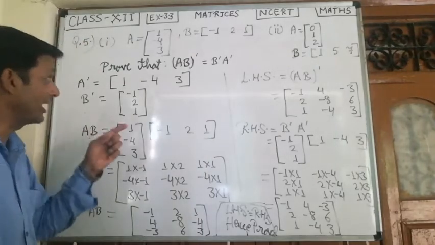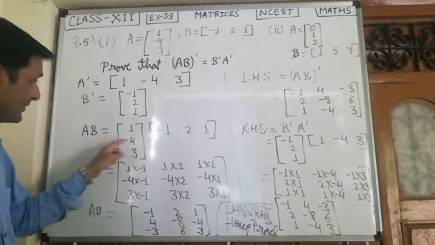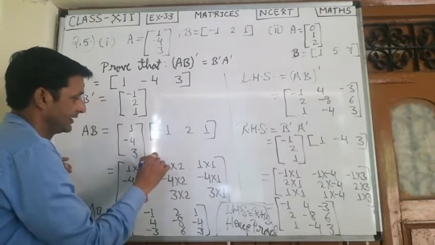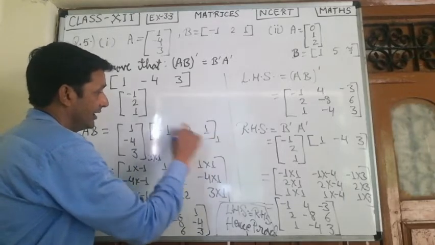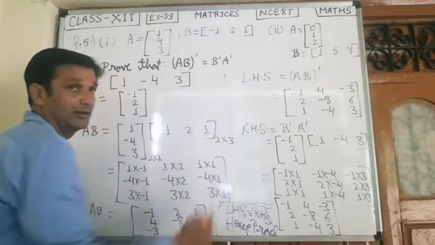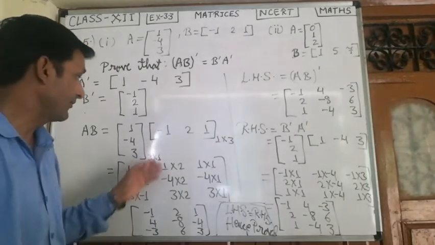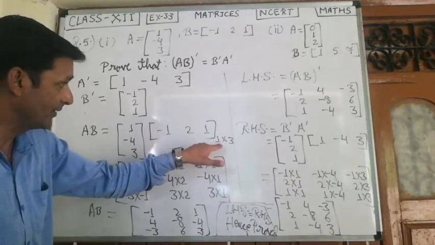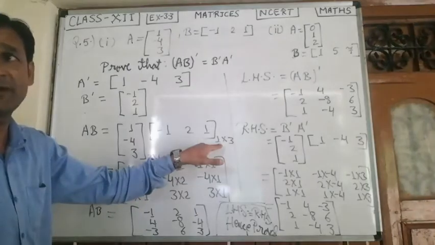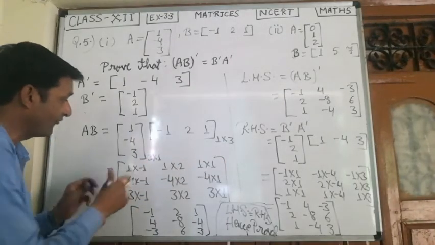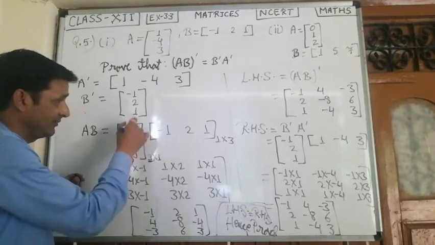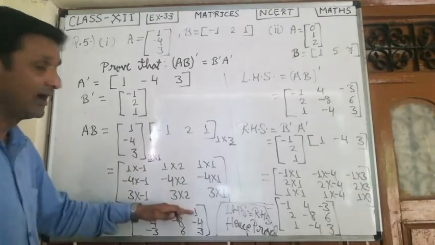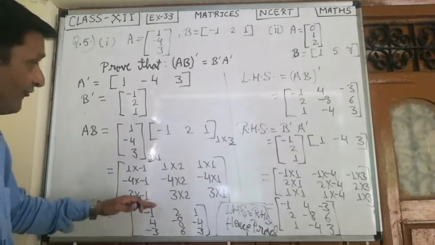One more thing I want to tell you, that suppose we are multiplying these matrices. Order of this matrix is 3 into 1, and here it is 1 into 3. This is the order. So in the previous lecture I have already explained that the number of columns of the first matrix should be equal to the number of rows of the second matrix. Then only multiplication is possible, and the answer will have rows of the first matrix into columns of the second matrix, means 3 into 3. Means 3 rows and 3 columns. The order of the answer will be 3 into 3.